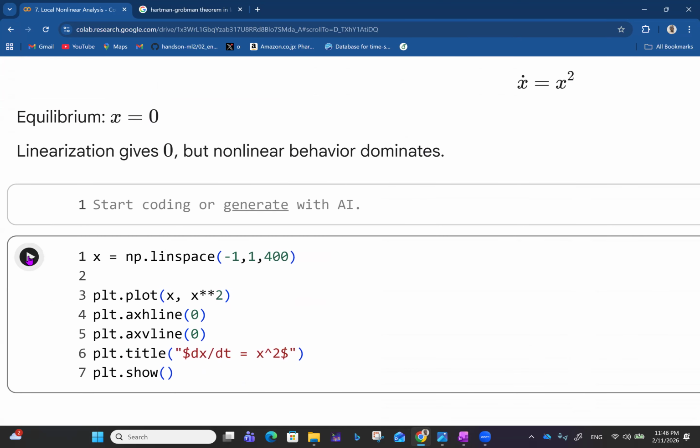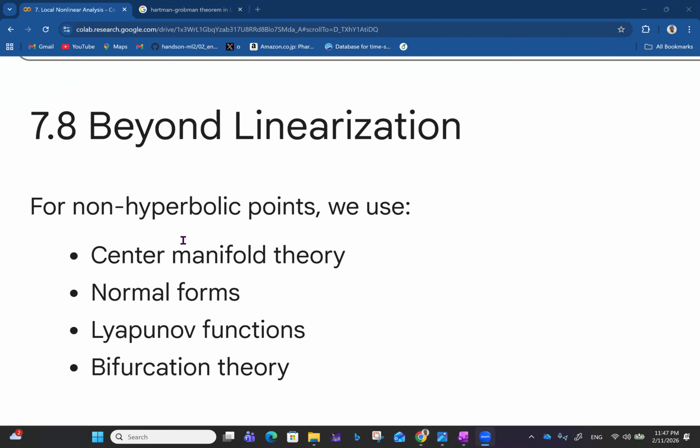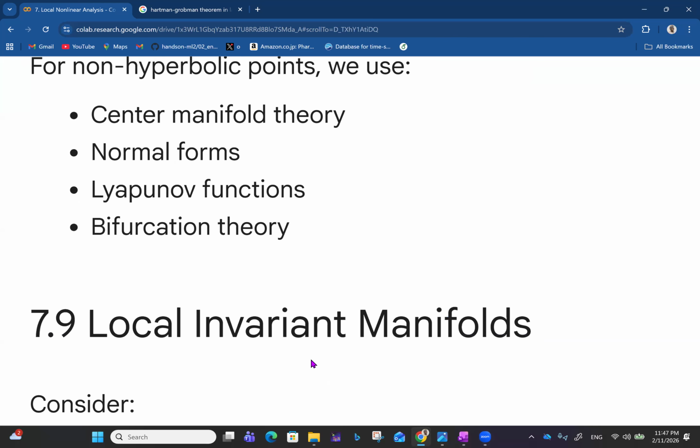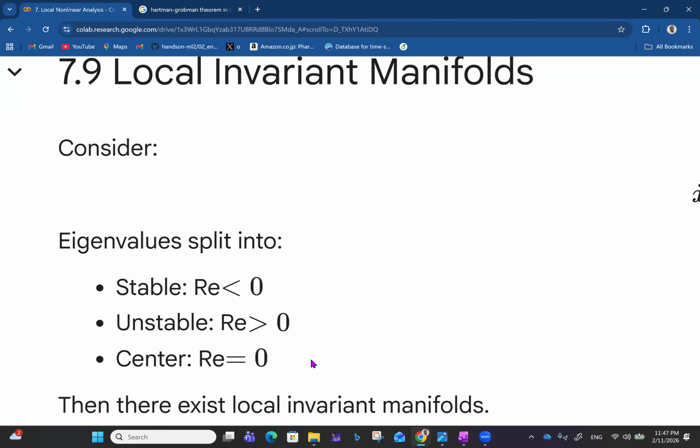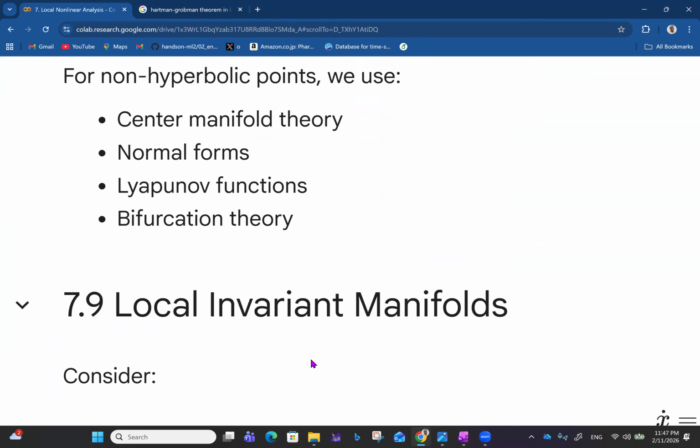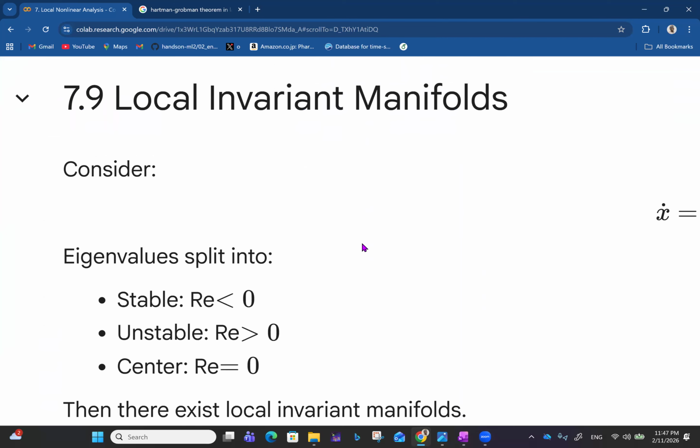Okay. So now what happens beyond linearization? What if you cannot linearize in the case of non-hyperbolic equilibrium points? For non-hyperbolic points, we use center manifold theory, or we use normal forms, or we use Lyapunov functions, and even bifurcation theory. So let's see what we have ahead. For instance, let's talk about local invariant manifolds, right? We talk about center manifold theory. So let's look at